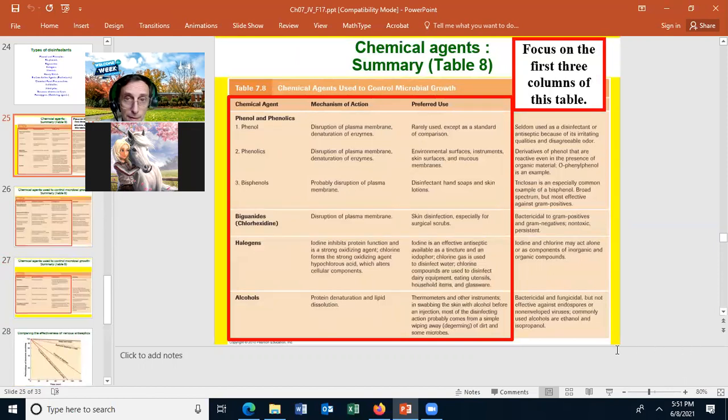You do not need to memorize this table, but you should know the different categories. Phenol, it's a phenolic compound. Biguanides, like chlorhexidine. Halogens, bleach and iodine are actually halogens. Alcohols,